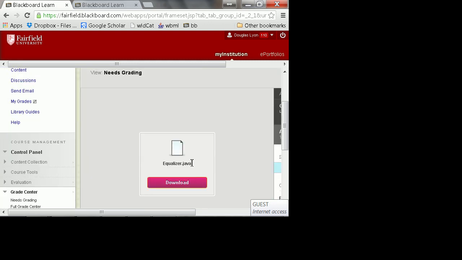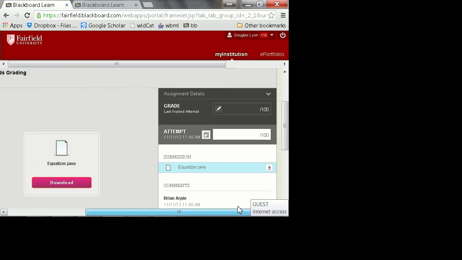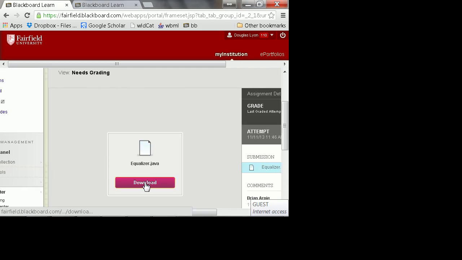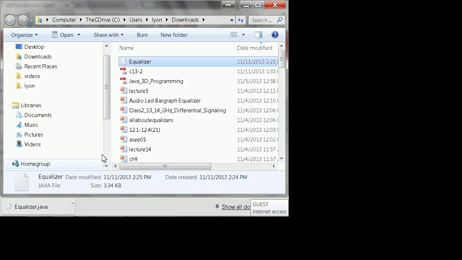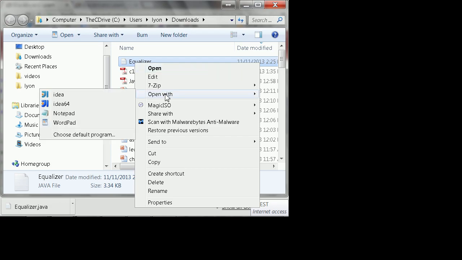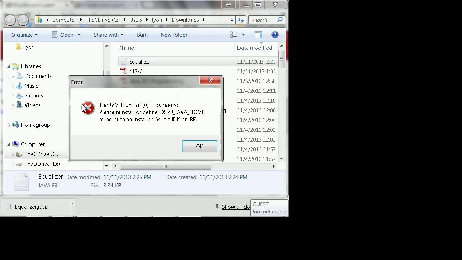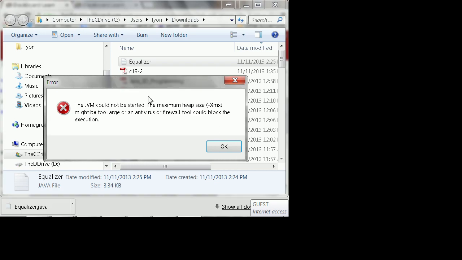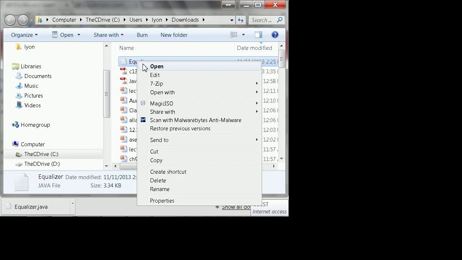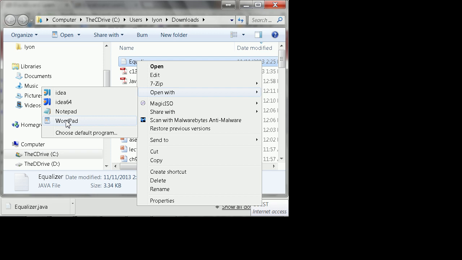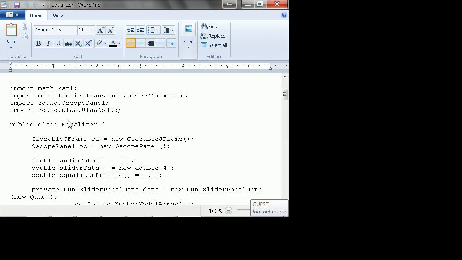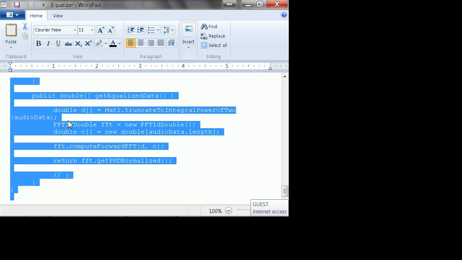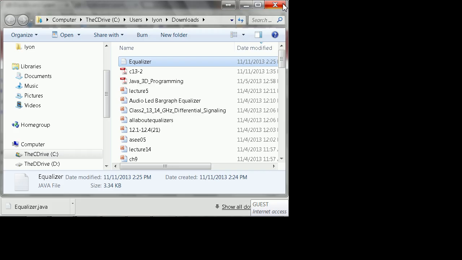And let's go to Brian's code. What do we got here, Brian? Equalizer.java. Download. Show in folder. Open with IntelliJ. Oh, really? Okay, let's not do that. Open with... What can I open this with? Notepad. WordPad. Yeah, WordPad. So now, what is this called? Equalizer. That's a good name for it. Select all, copy, close,